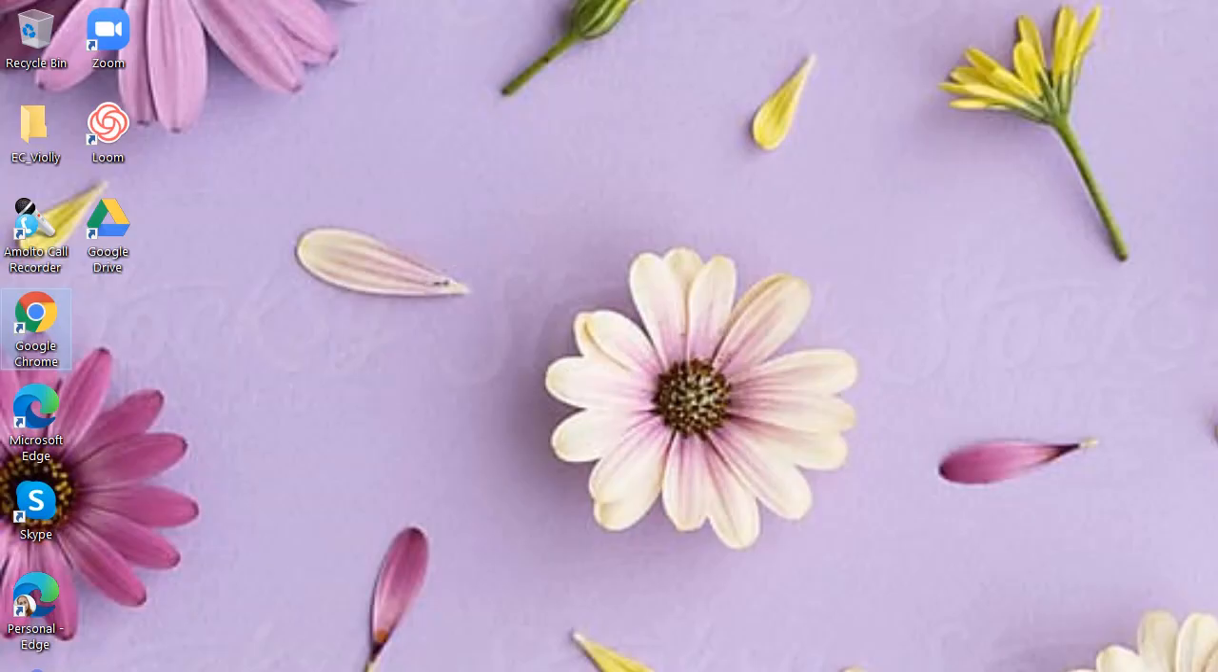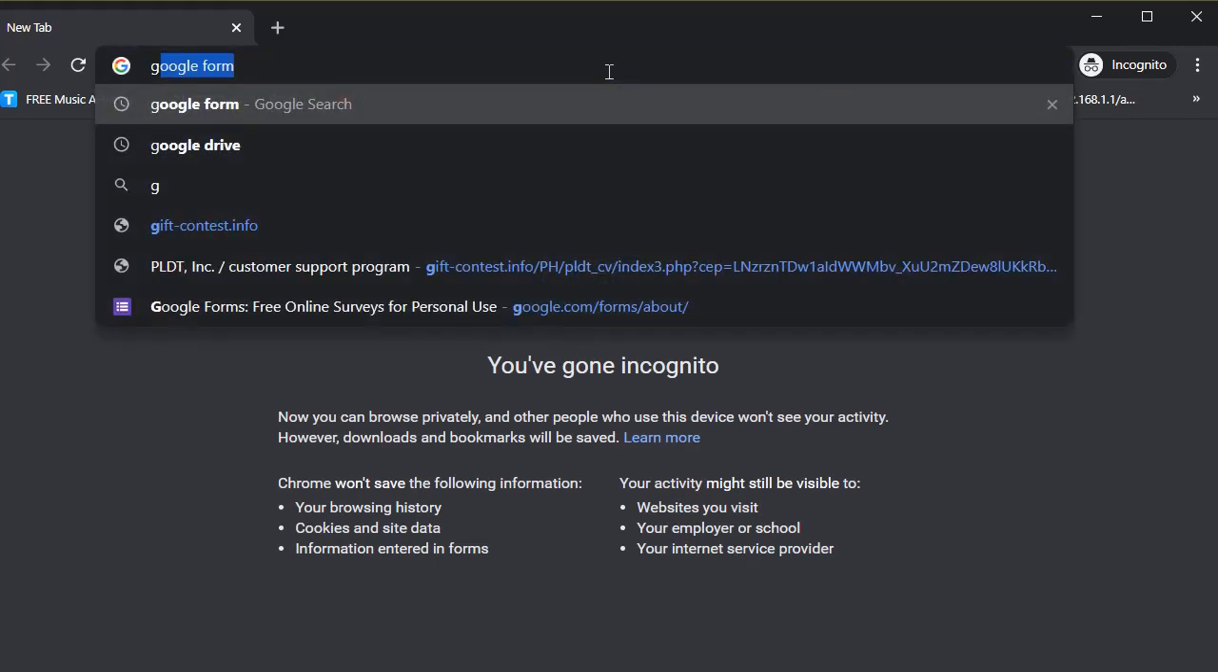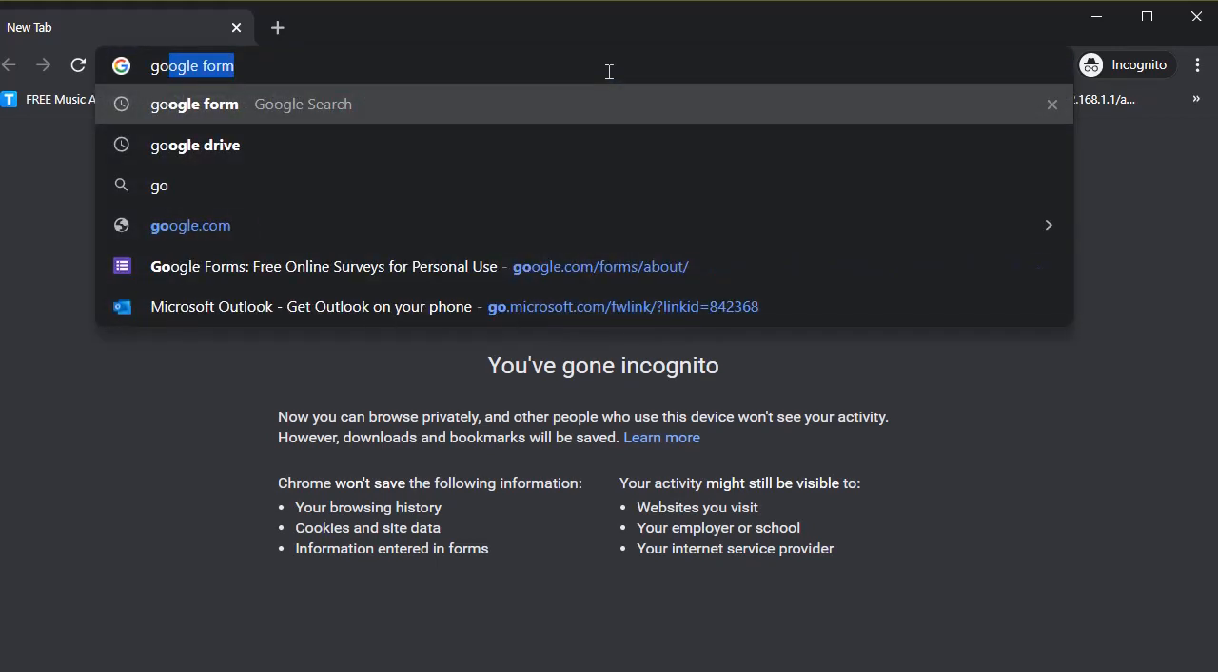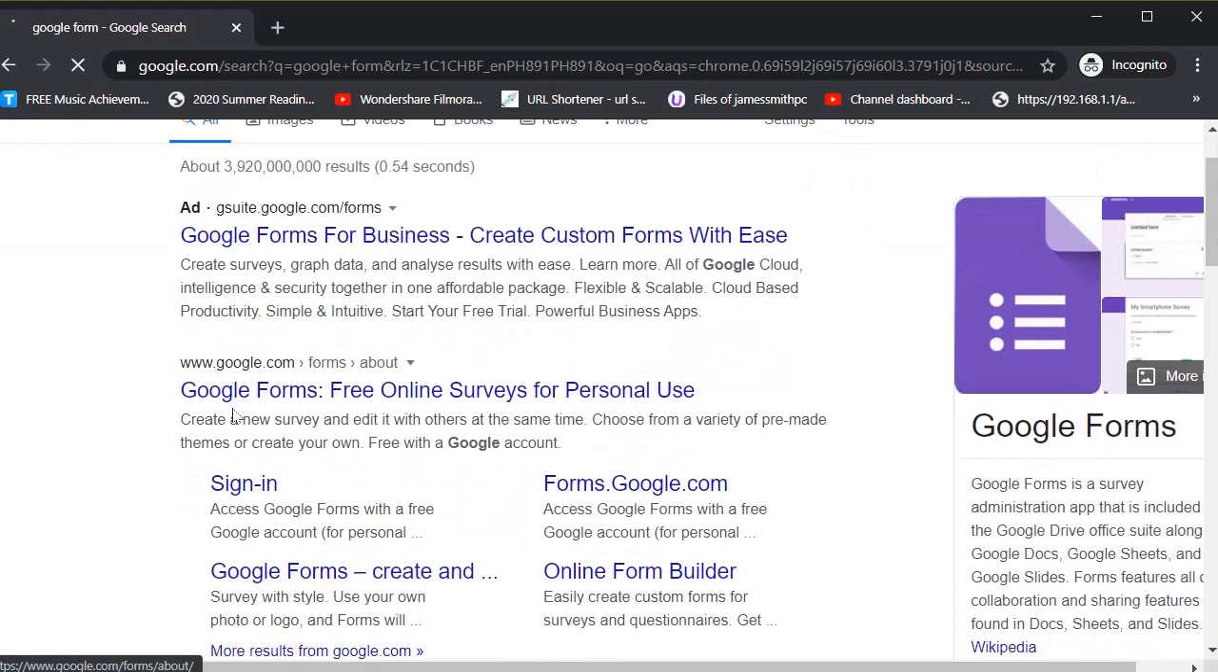So to start with, let's begin by opening our browsers. Of course, you can use your Safari, Edge, Firefox, and others. And in my case, I am going to open my Google Chrome. So now that I'm here, let me type the words Google Forms. All right. So now that I'm here, you can see this site, Google Forms, free online surveys for personal